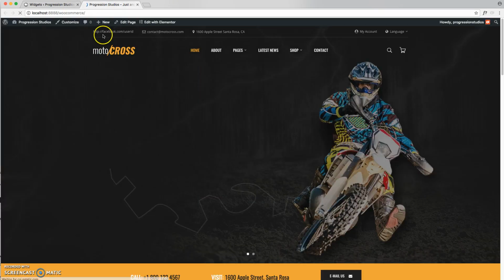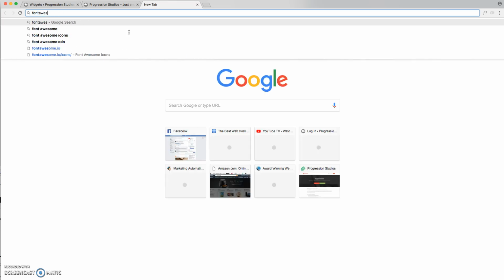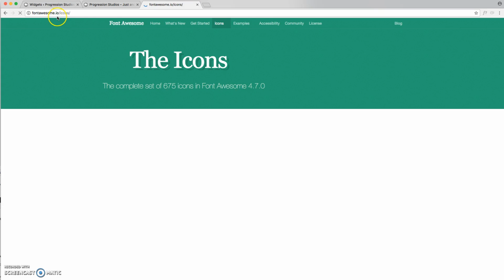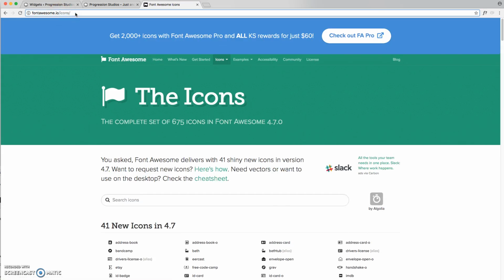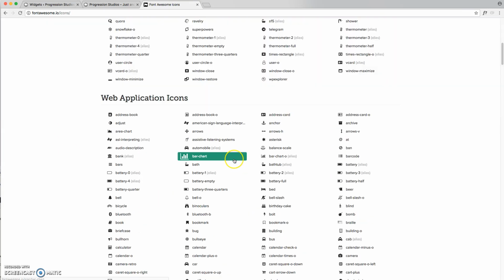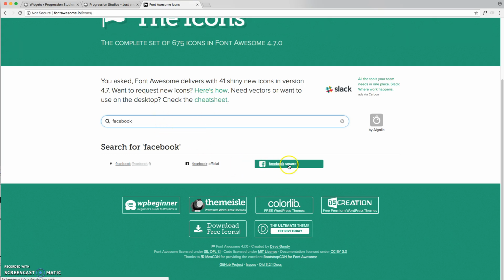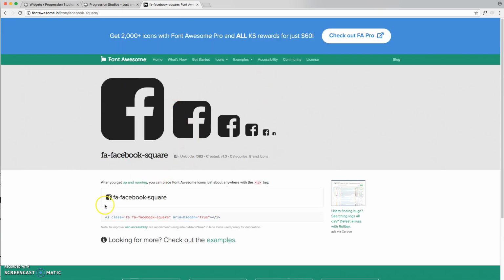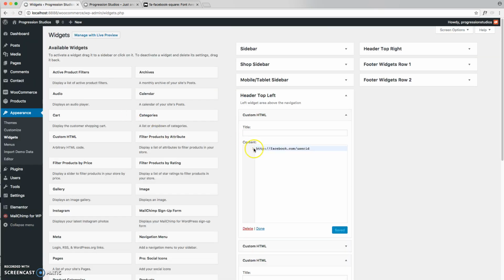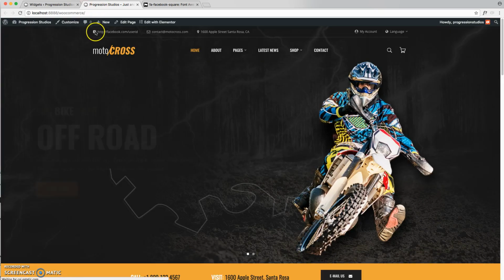Now the place you're going to want to go for that is Font Awesome. And if you go to fontawesome.io/icons, these are the same icons we use in the navigation, and you can use any of these 600 icons. So there actually is a Facebook icon. So let's say we wanted to have that Facebook icon. You just click on it, and it gives you the little icon code, so you can just copy that. And if we paste that in front, and I accidentally overwrote the HTTP part. But if we do that, you can just click Save and refresh,